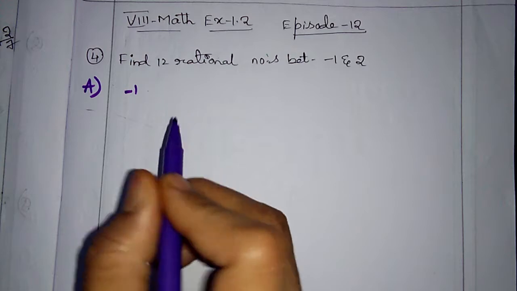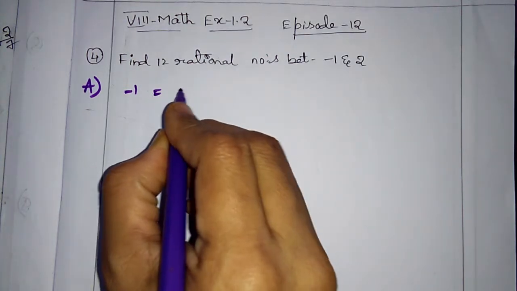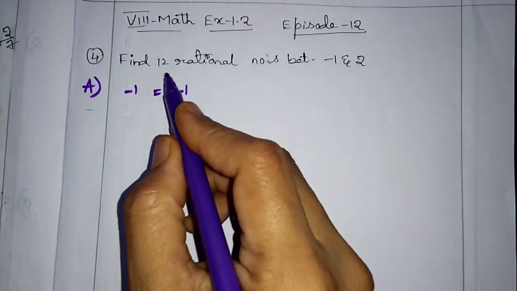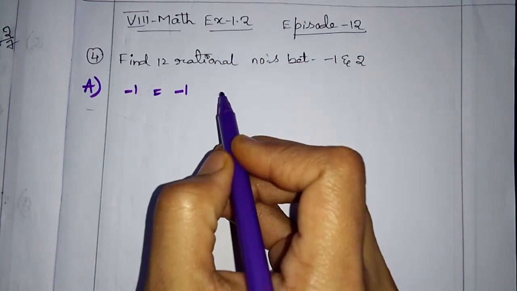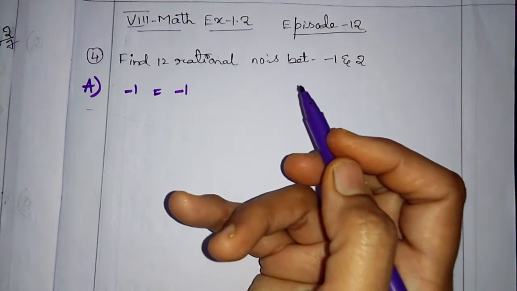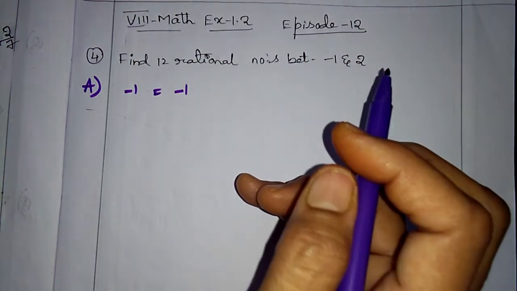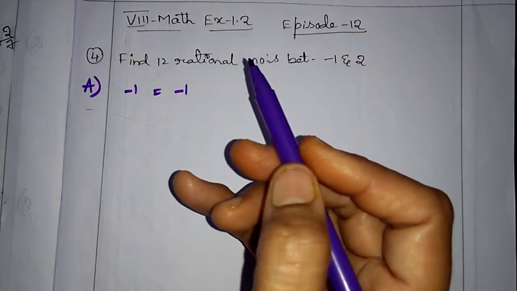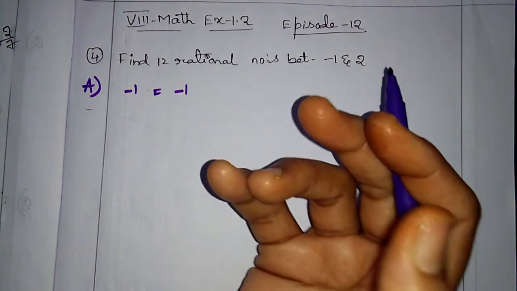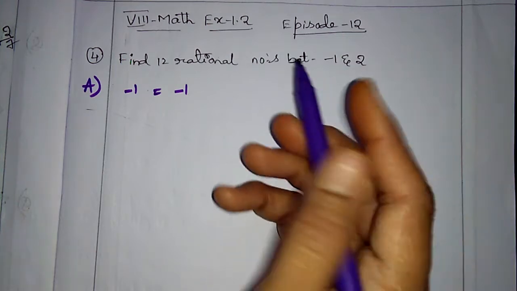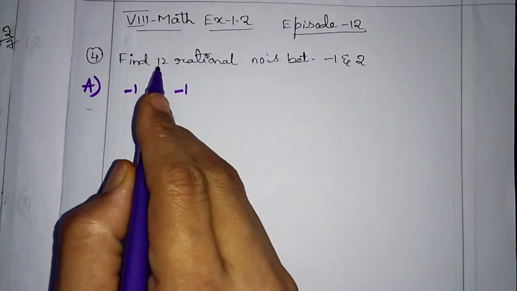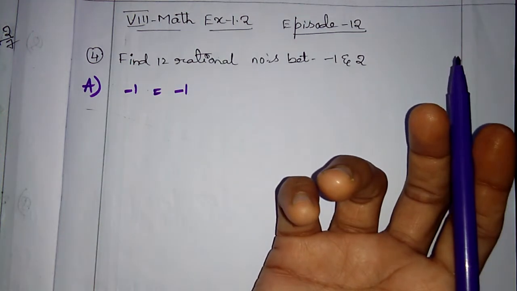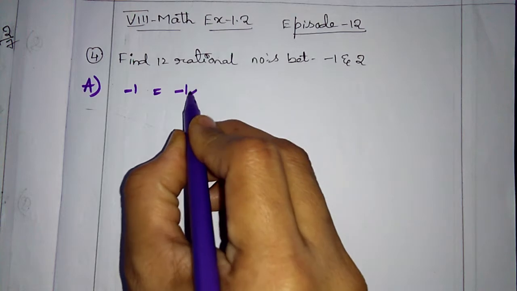-1 is there, first one. So -1 can be written as equivalent fractions. How will we do it, children? For example, he is asking for 12. You can multiply with 12, or with 10, 20, 30, your wish. But multiply with a big number, children, not with 2 or 3. Just multiply with any number. Here he is asking 12, so you can multiply with 12, 13, 14, 15, 10, 20, 30, 40, even 100. You can understand now.